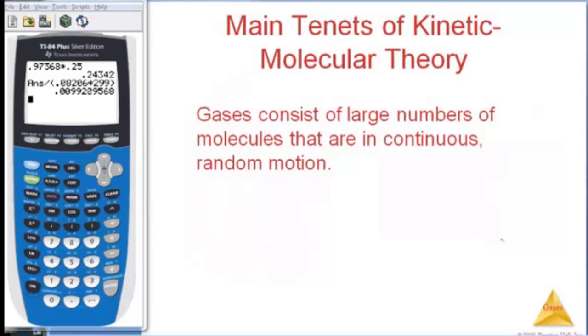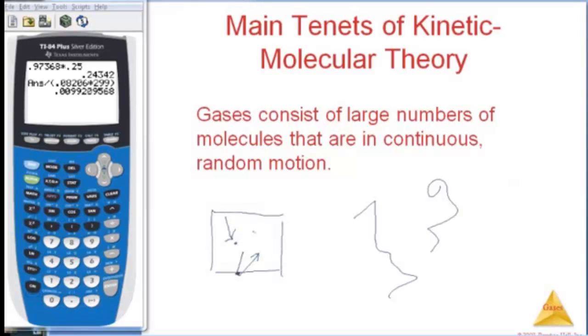of molecules that are in continuous random motion. Now when we say random motion, it doesn't mean that they dance and spin and twirl around, but they will go basically in a straight line path until they hit something, and when they hit something they get deflected. So they're always running into something, especially the walls of whatever container they're in, be it a room or a box or a cylinder. Okay.